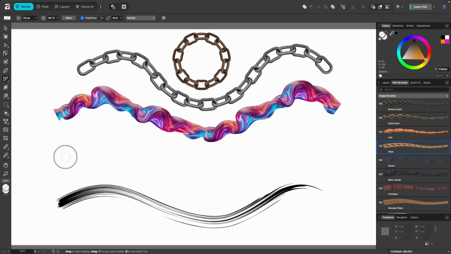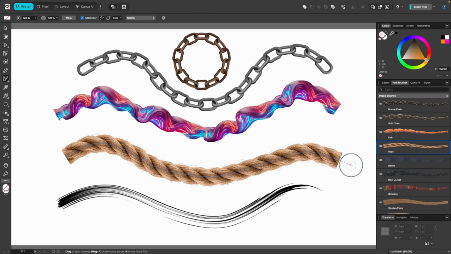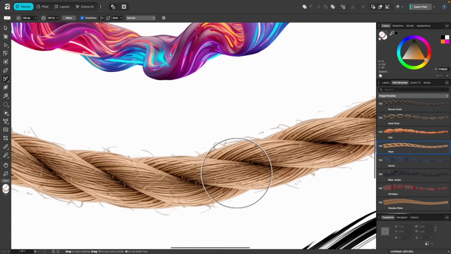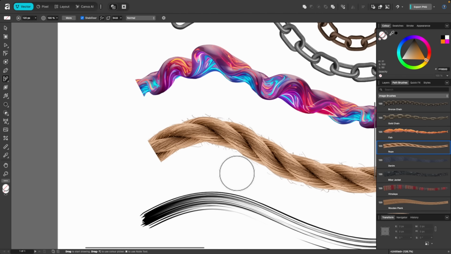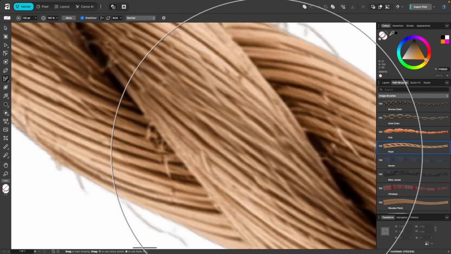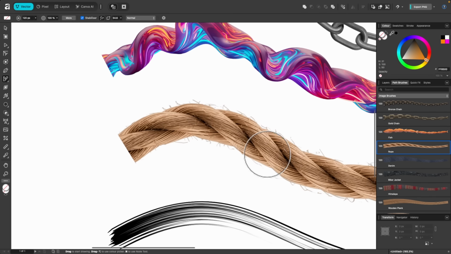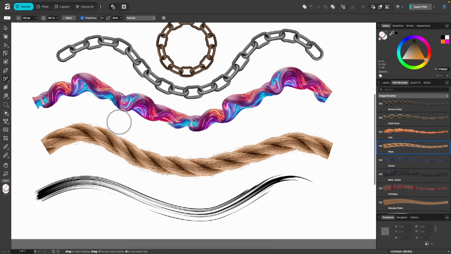From here, I will just click and drag out my rope, make it a little bit longer, and there we go. It's pretty cool, isn't it? It looks very realistic. Let's just zoom into it. Very realistic. Remember, we are in Vector Studio, so don't assume that this is vector. If I zoom in all the way, you can see it starts to pixelate a little bit. This is because it is essentially a raster image, a PNG, that's either stretched or repeated along a vector path. If I switch over to the node tool, which is A, you can see the path is there,